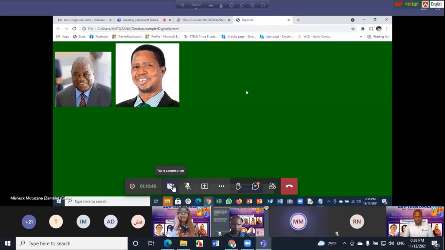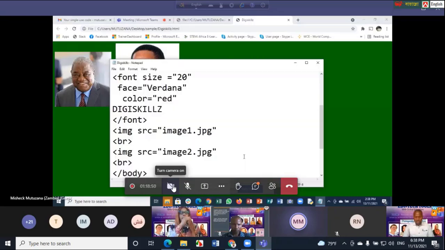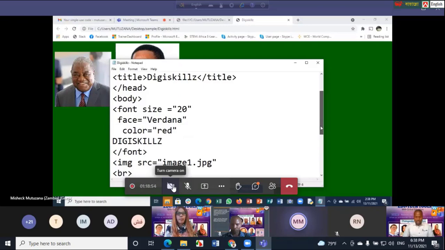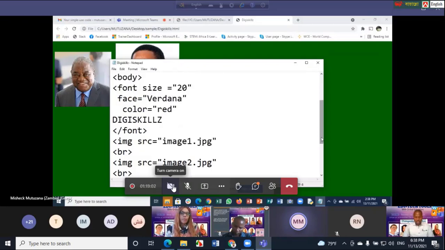Then for the last part, because of time, remember I'd already put the text which I'm going to put. So I can also add what we normally call graphics or animations for the words.